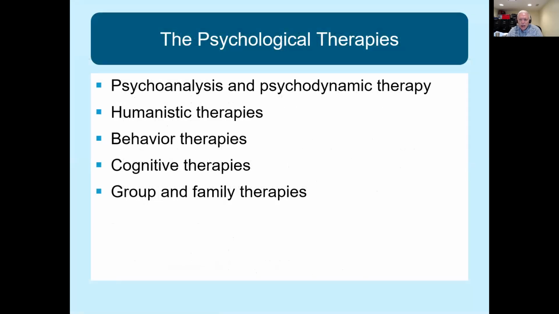Therapies that we're going to take a look at, psychological therapies, include psychoanalysis and its more modern version called psychodynamic therapy, humanistic therapies, behavior therapies, cognitive therapies, and group and family therapies. One of the things I love about discussing this chapter is that it's very easy for us to make connections between the topics in this chapter and things we've learned about earlier in the semester. And you'll see this very clearly in talking about psychological therapies, and also I think you'll appreciate it when we talk about biomedical therapies as well.